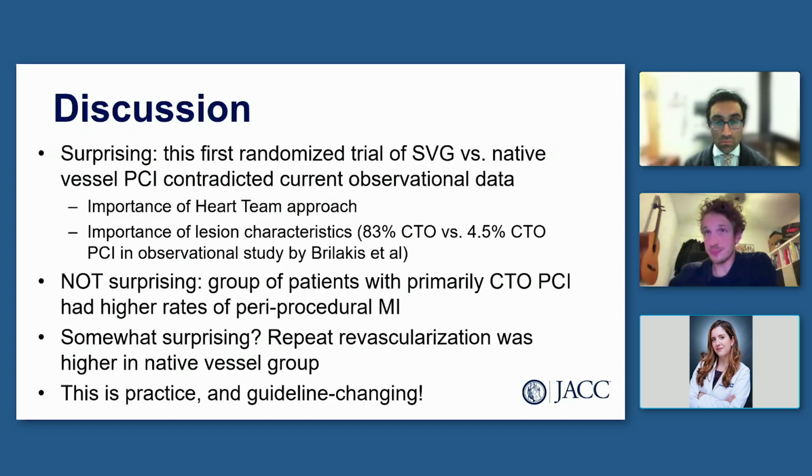So I think two things are driving that in this study, and the first is the importance of the heart team approach. The heart team approach is essential in most of what we do, especially when we're talking about interventions for patients. But the patients in this trial, and Dr. Hoek, correct me if I'm wrong, the evaluation of these lesions, the decision about whether there's equipoise for intervening on both the native vessel and the vein graft was done with a heart team approach. Is that fair to say?